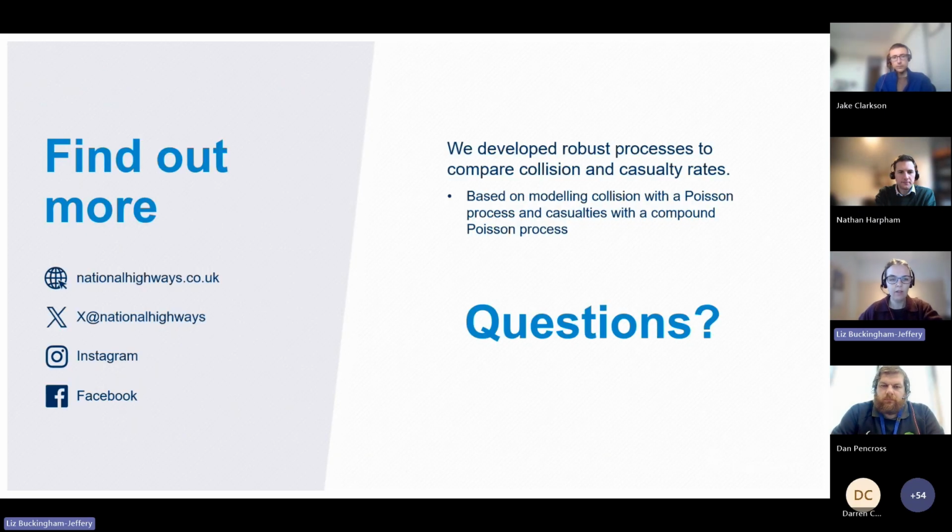So that's the end of what we've prepared. These are our conclusions. We've developed these robust processes to compare collision and casualty rates. And I think for us, having those robust processes is really important, and having the right assurance and review of these